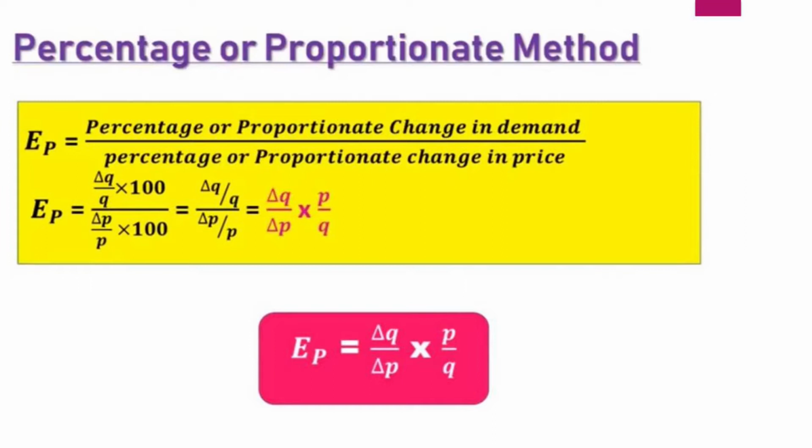Instead of writing such a big elaborated explanation, simply you can write the change in quantity, because we take only the common factor. So it is change in quantity divided by change in price, into price divided by quantity. So this is going to be the formula. This formula carries 2 marks. Now how you write this in the form of a sum, we can see using the formula.